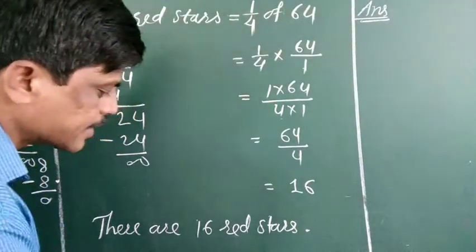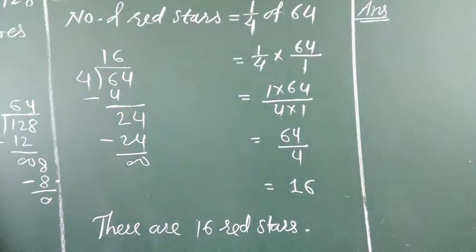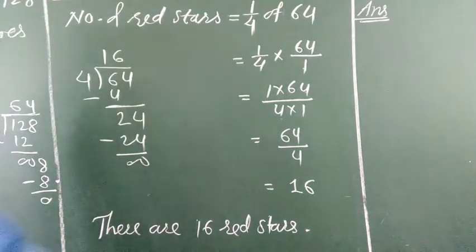वहां पर there are 16 red stars। तो ऐसे मिला के वहां पर 16 स्टार जो है वो रेड कलर में है out of 64, because 16 is the quarter of this 64। आइए अभी अगला क्वेश्चन देखिए।